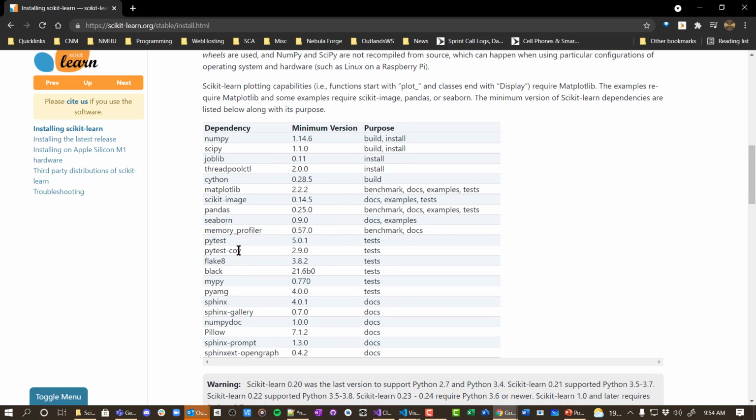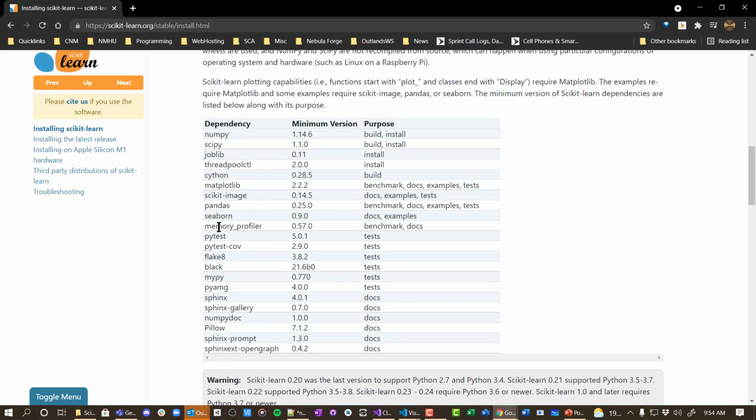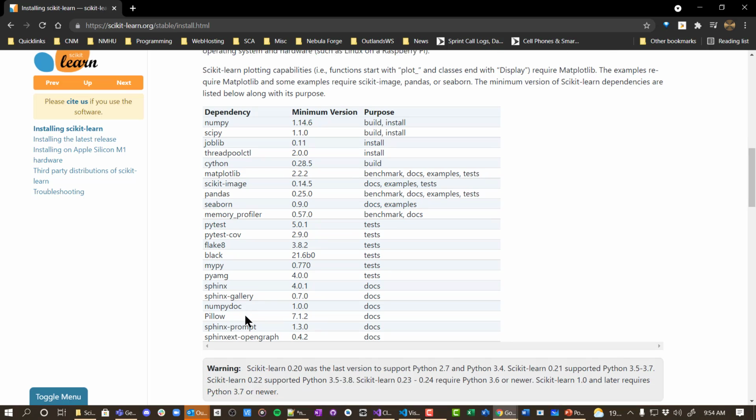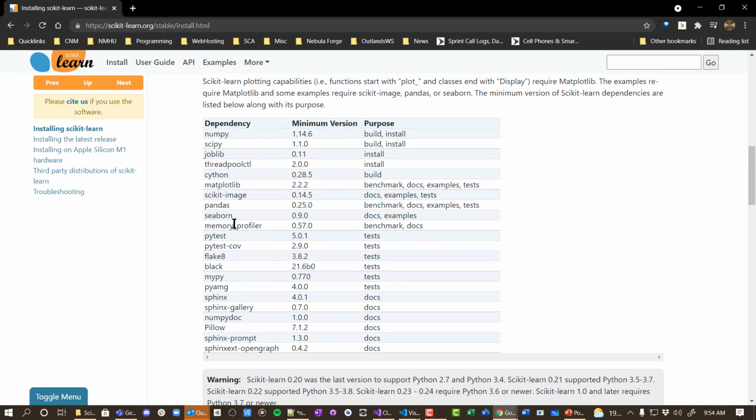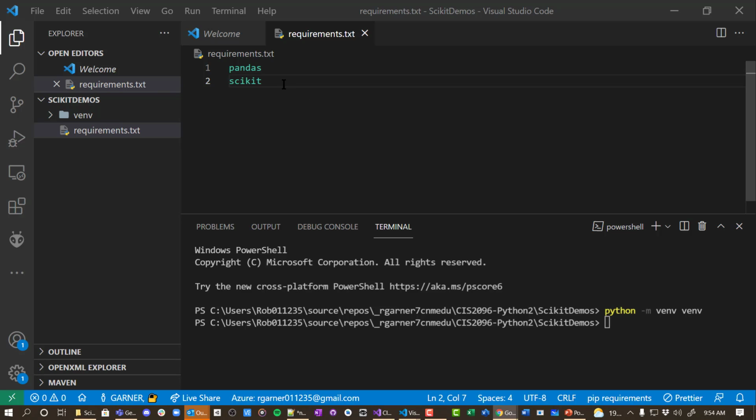So let's see, is pandas in here? I don't see it. So I think we need to put both of these in. So this one will be scikit-learn. We'll save that, and then now that we have that,